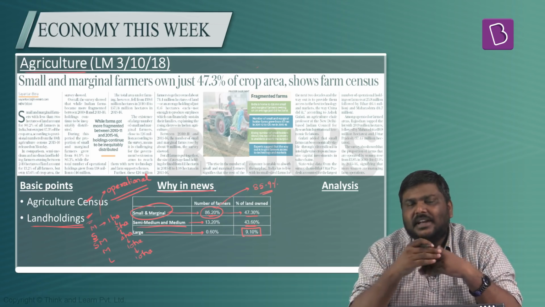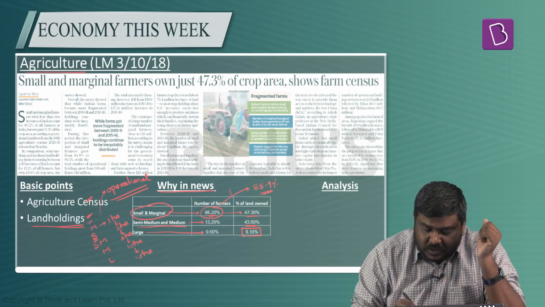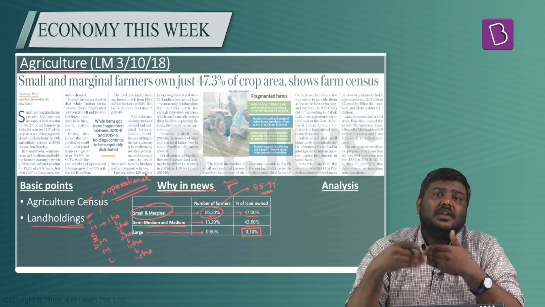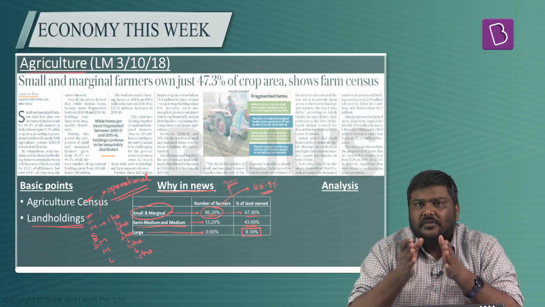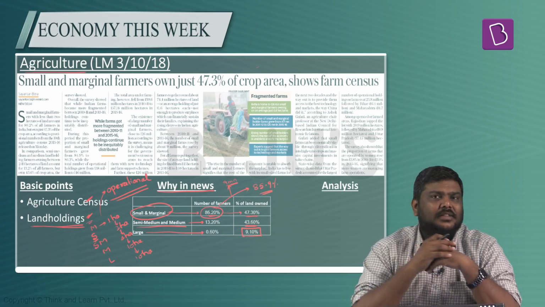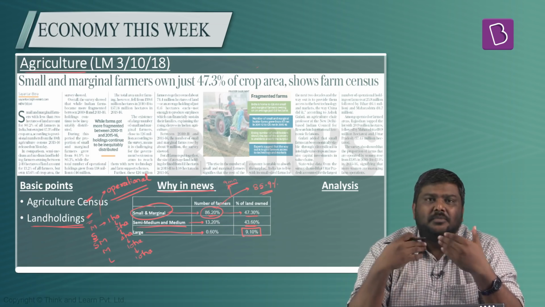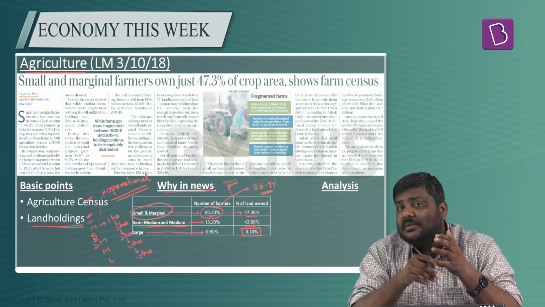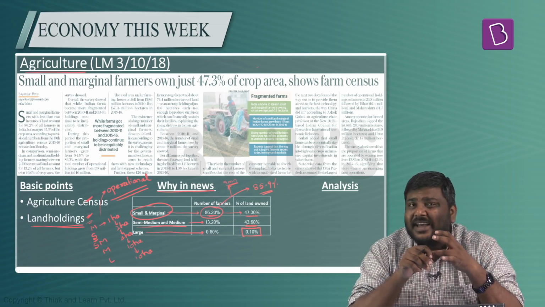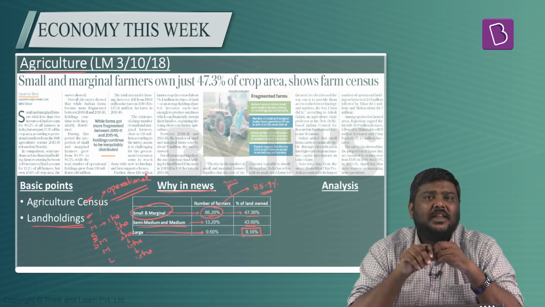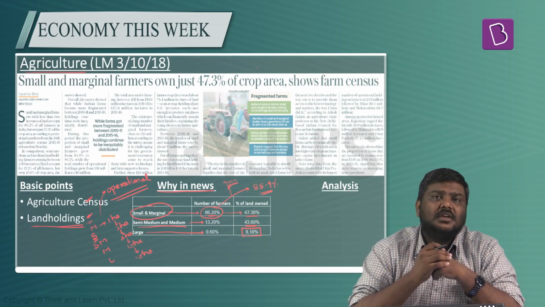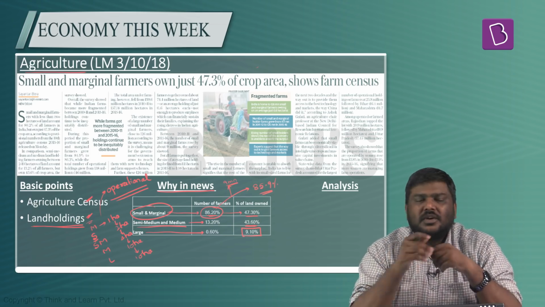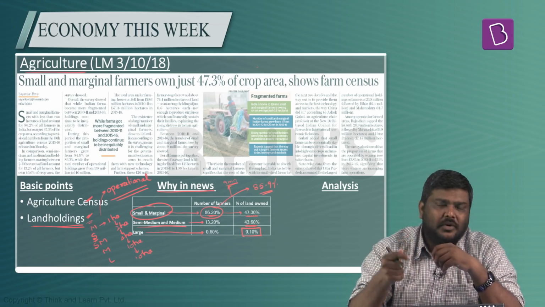Rather than looking at just the percentage increase, more importantly, the number of land holdings has increased by 9 million units, which is much more consequential in nature. Because please understand, whenever the land holdings become fragmented like this, the earnings of the farmers will also keep on getting affected. Already the farmers are under a lot of pressure because of non-availability of institutional credit, because of erratic monsoon, because of market variation or market fluctuation in terms of prices. And upon that, if the land gets fragmented more and more, the cost of inputs is going to increase, whereas their incomes are going to decrease.